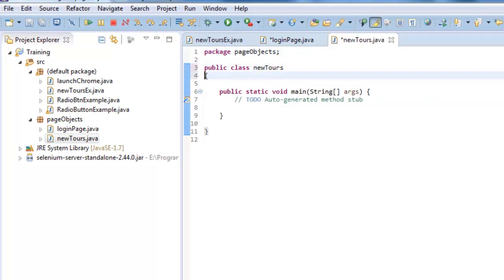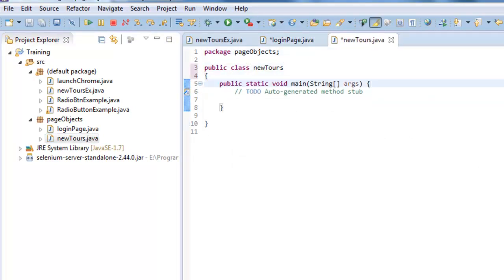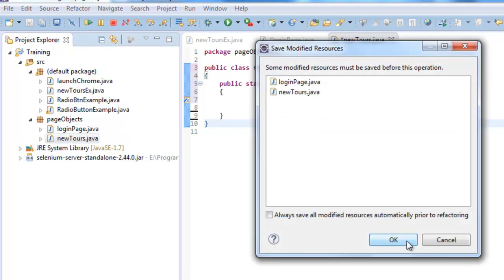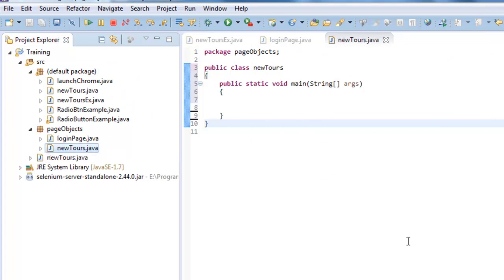Just concentrate on what I'm doing. I will explain how we are working with page objects here. Oh sorry, this new tools is a test case that you should not keep in this page objects class. You need to keep it in your actual test script, right?